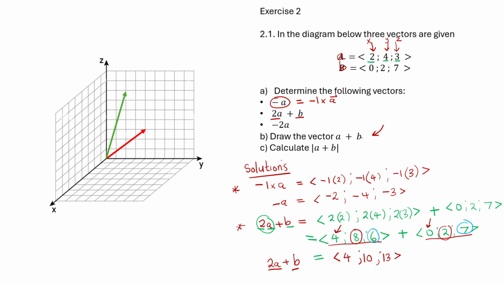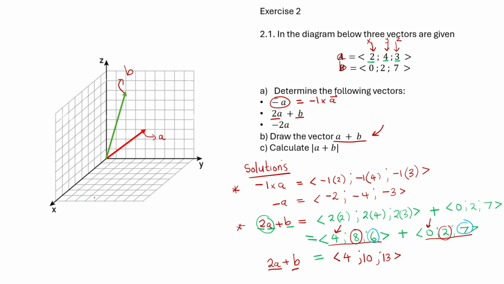But basically it's very simple. You want to draw the resultant, a plus b. Remember that when you're doing the resultant, you either use a parallelogram method or the triangle law. These are your vectors. I've plotted them for you so that it becomes easier for you to see. This is your vector b, and then this is your vector a.